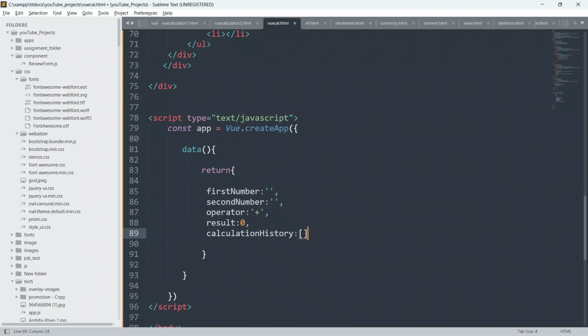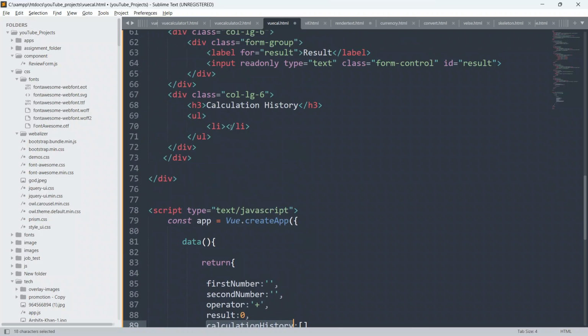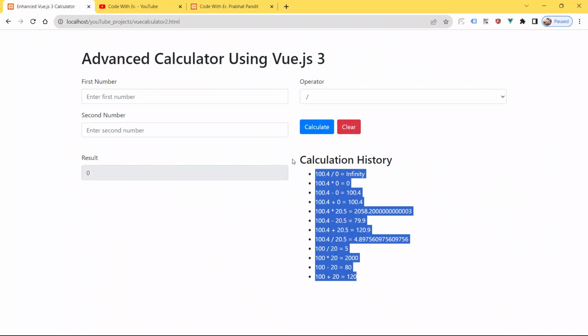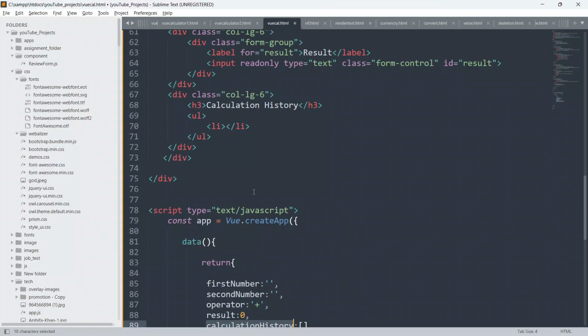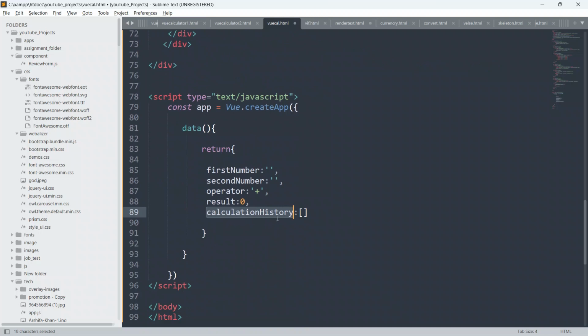Guys, inside this calculationHistory array we will be able to store the calculation history, and then we will show the user the calculation history also.